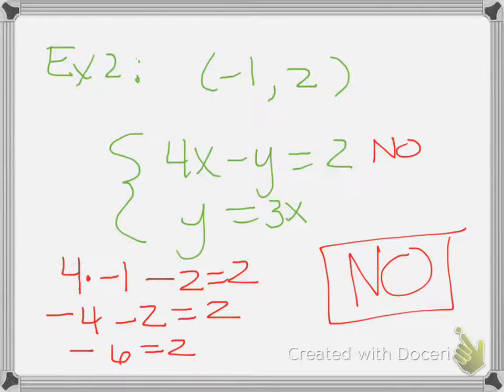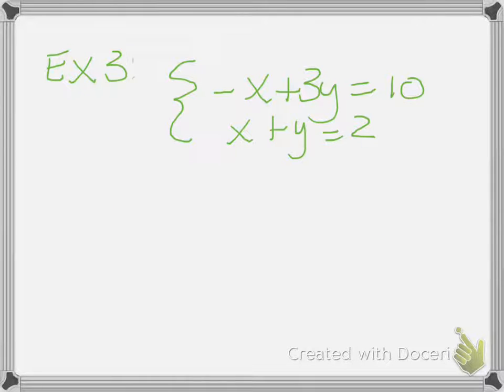That's it on that. So example 3, we're going to be solving the systems by graphing. This is pretty easy. This is the easiest way to solve a system of equations. What we're looking for is what ordered pair will be on both lines. What that means is what ordered pair is where these two lines cross. So what we want to do first is put the equations